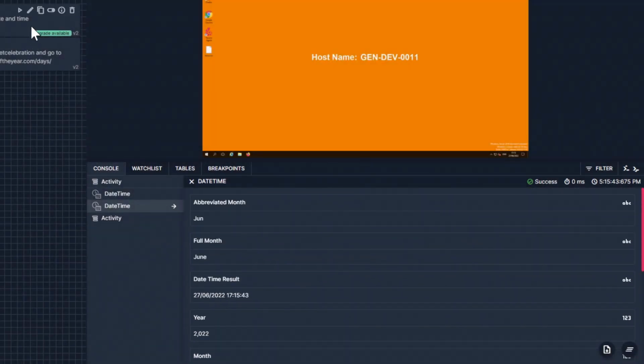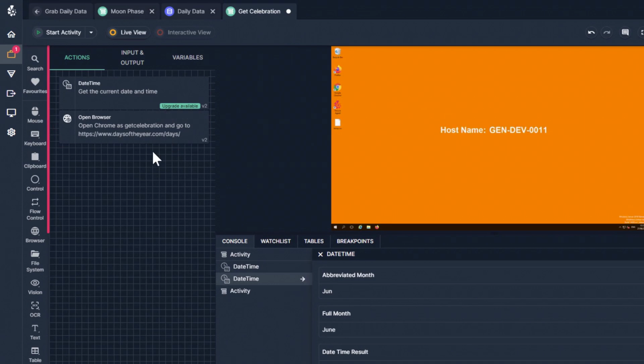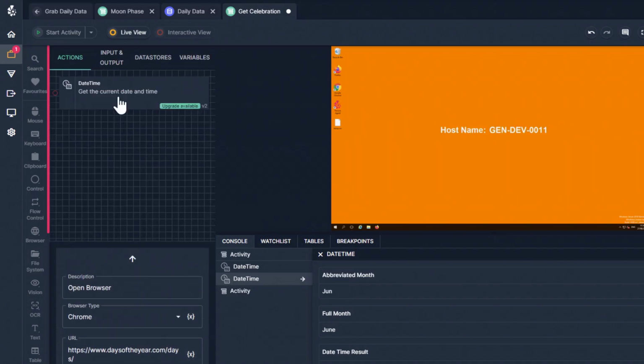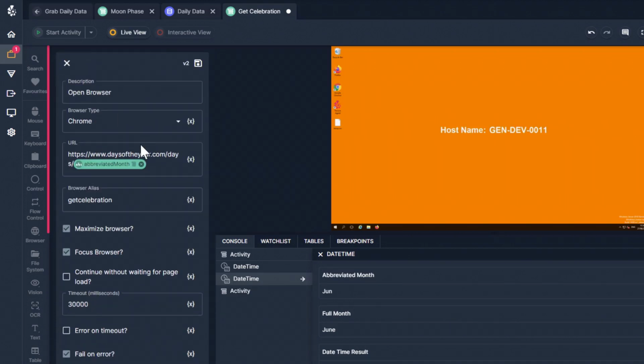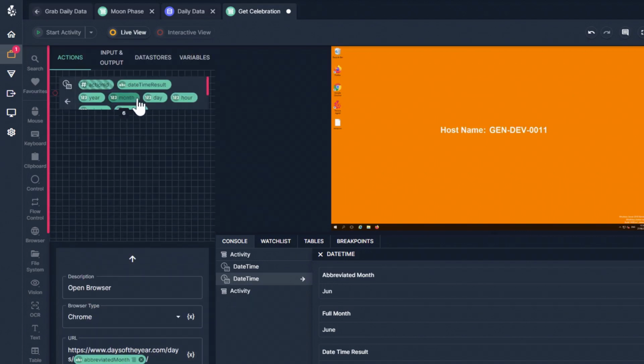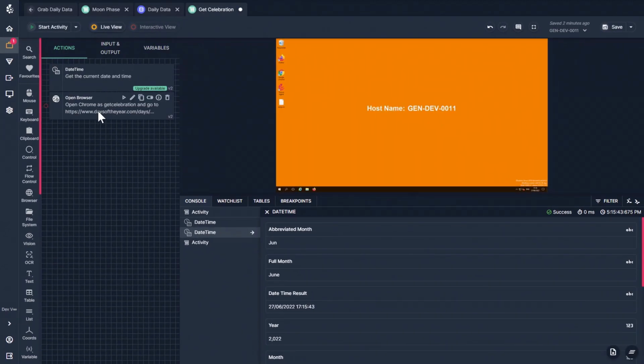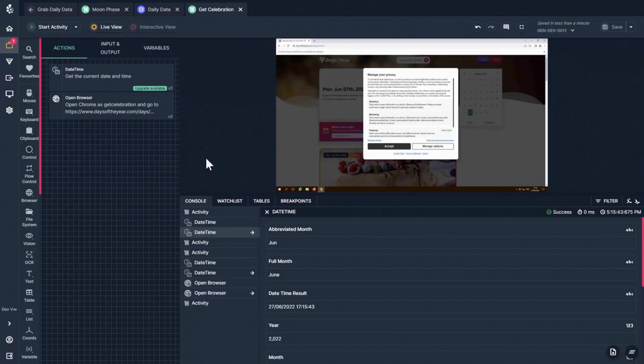Let's data chip both of these and use them inside of this URL. So we'll edit our open browser, select the end of our string here, data chip, firstly grab the abbreviated month, add our slash, and then add the day of the month that we're currently on, which today happens to be the 27th. So we'll save this, and now running both of these through, you'll see that the browser navigates to the correct